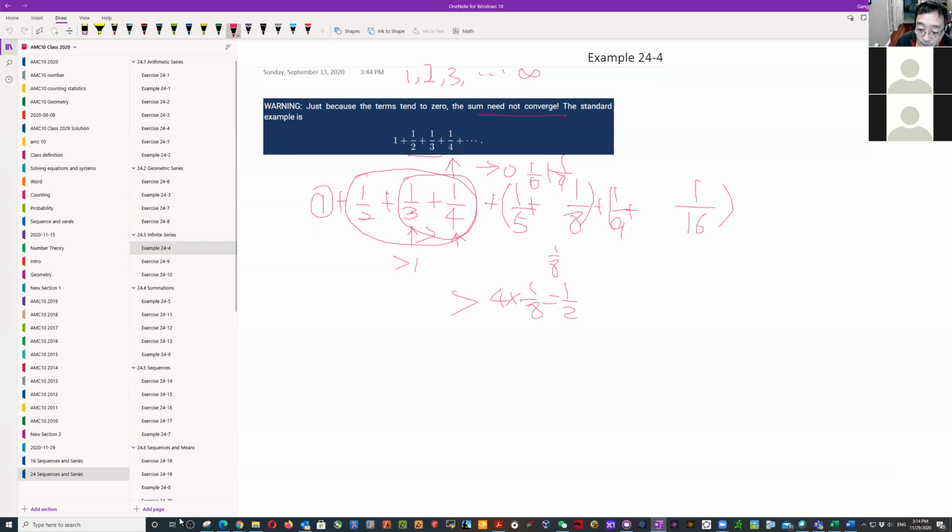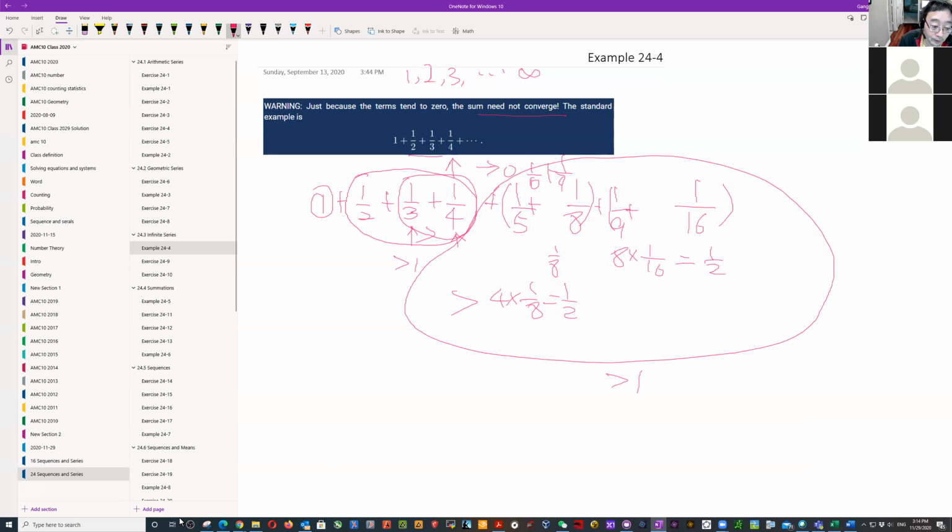And these terms, each one of them will be bigger than 1/16, and you have 8 of them. 8 multiplied by 1/16 is actually equal to 1/2. So basically, this group from 1/5 all the way to 1/16, the total of them will always be bigger than 1/2. So basically, you can always